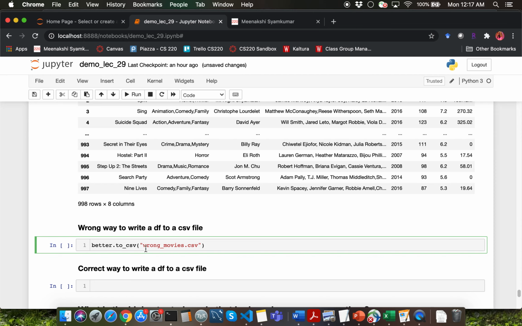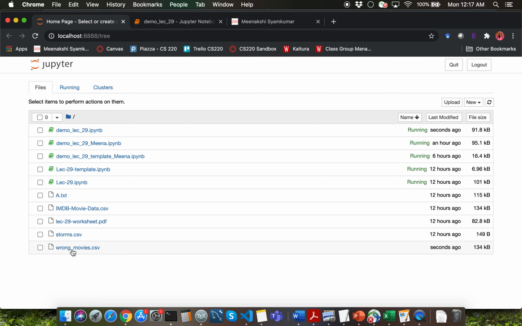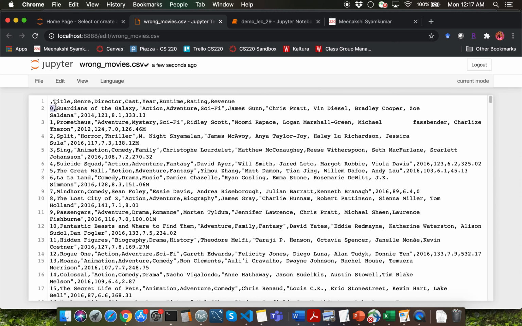Let me first show you the incorrect way of doing this. So I'm going to call my file wrong_movies.csv. So once I run this, I'm going to be able to see this CSV file which I just wrote. Notice that we still have this row index written into our CSV file.